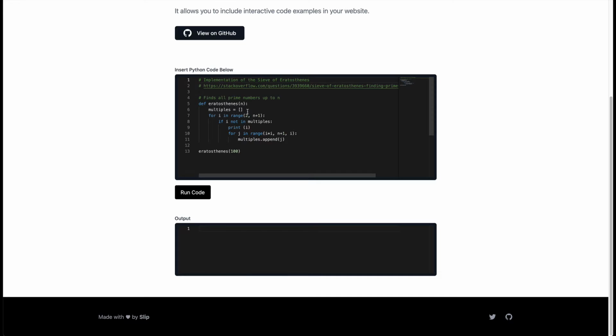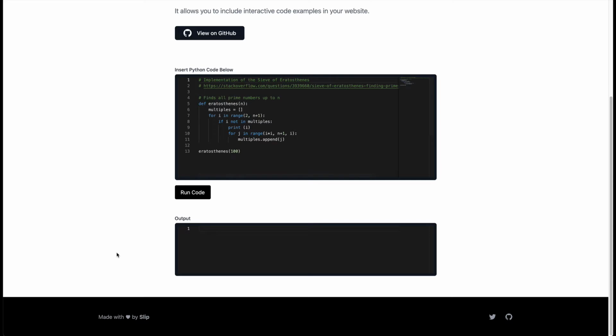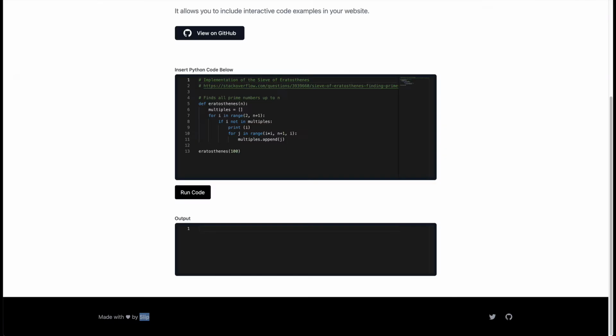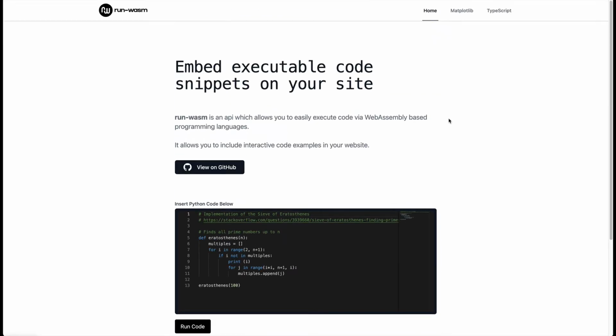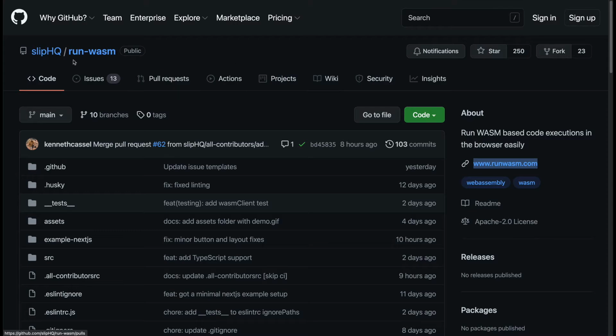So this has been brought to you by the Slip team. Slip is like the platform where if you're a programmer, you can actually create a course. This is something that they've built as part of that initiative, but they're kind enough to open source it. So if you want to check out the open source project, it's available on GitHub,